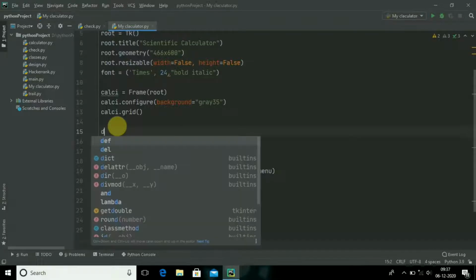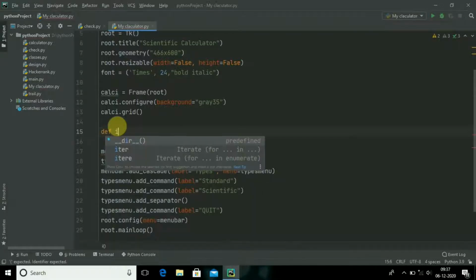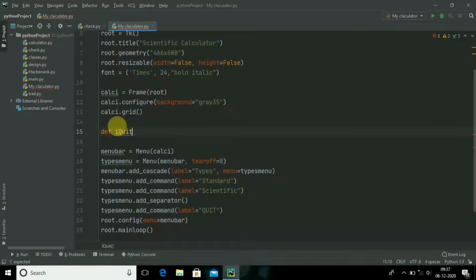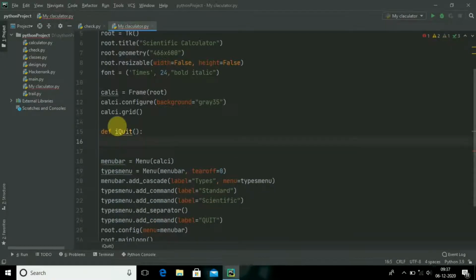The first function I will be writing is quit. Whenever I click on quit, I should quit from the window.